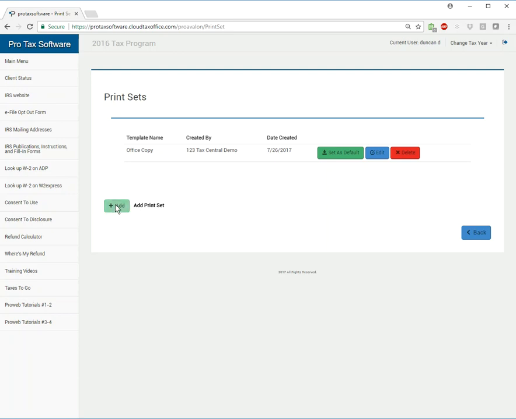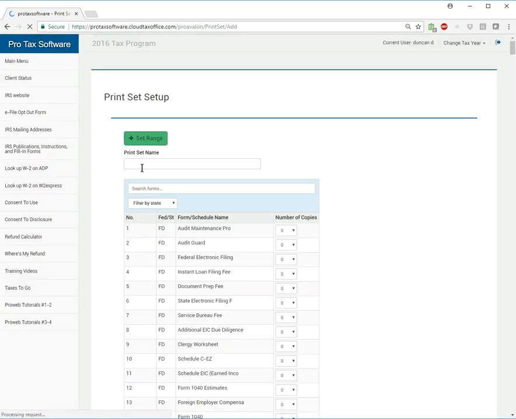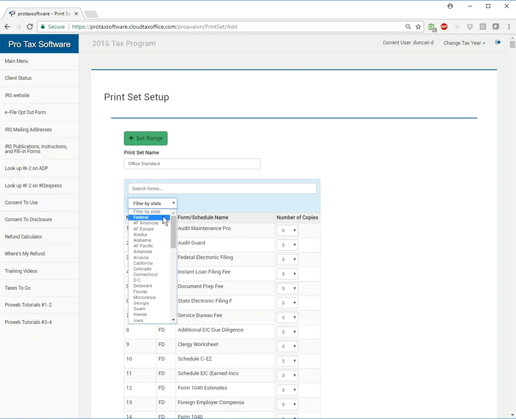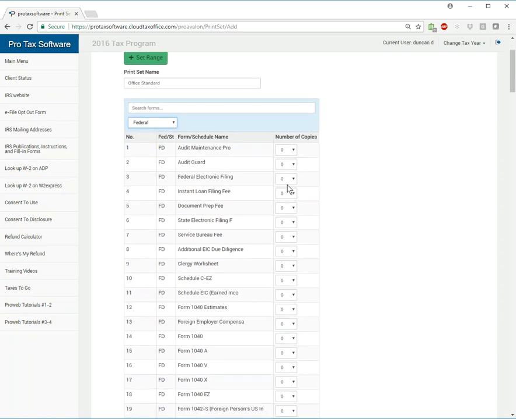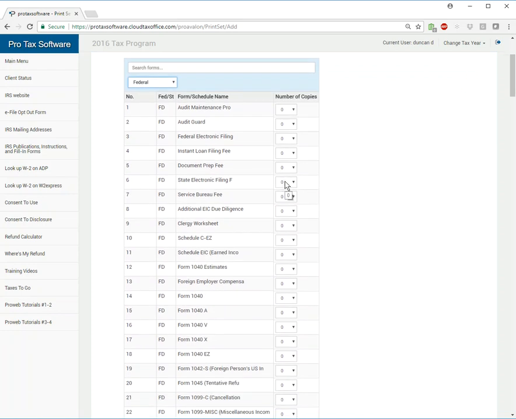We're going to just click add, and we would then define this print set. We're going to call this the office standard, and we'll type it in. Great. And then we would go through and we can filter by state, we can filter by federal, and most people do it by federal first, and you just select the number of copies you want